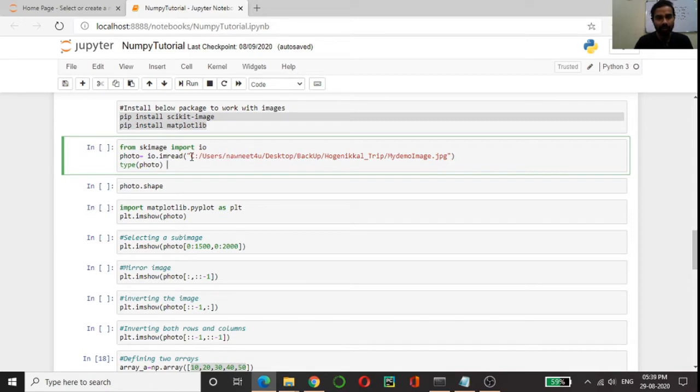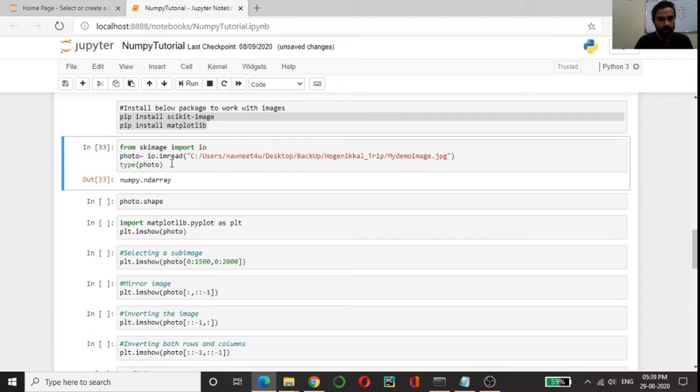You can use the path of any picture in your system, and you can read that image. After reading the photo, I am printing the type of that. As you can see, it is of the type numpy.ndarray. That means it is a NumPy array.